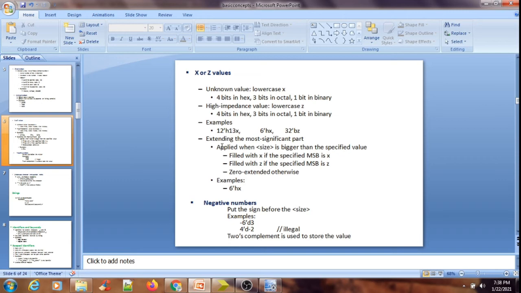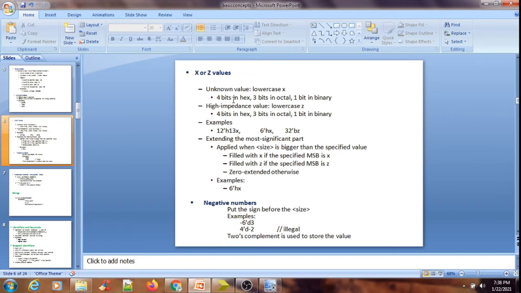An unknown value is represented by small x and a high impedance value is represented by small z. They are of course lowercase letters.